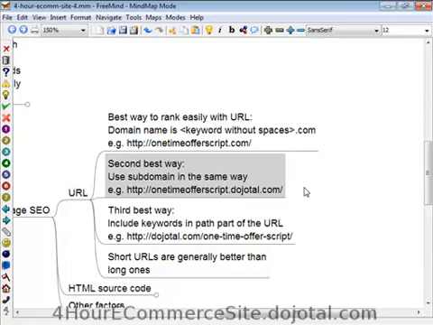So it's certainly a well-recognized technique. The third best way is to include keywords in the path part of the URL, and that might be a typical example of that. one-time-offer scripts after the domain name, and by default that's what WordPress is going to do for you with eShop, because what you get when you enter